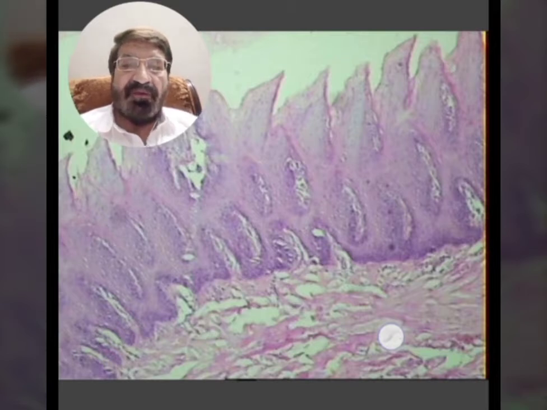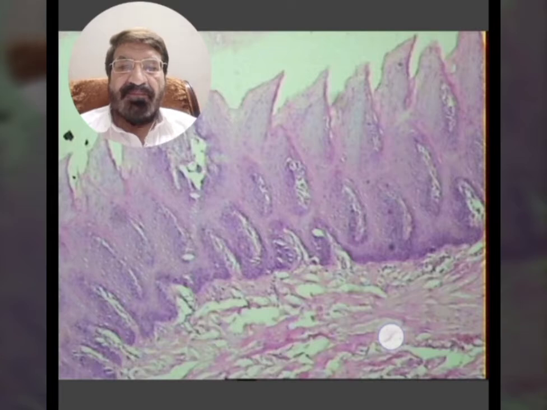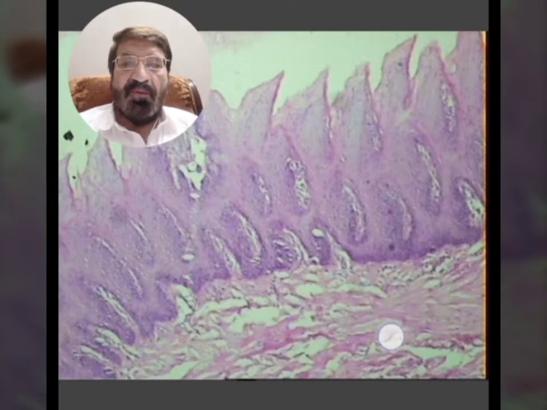Let's start with the microscopy of the gastrointestinal tract. प्रैक्टिकल्स भी हम किया करते थे, अगर आपको याद हो तो लेबोरेटरी में माइक्रोस्कोप्स के नीचे गैस्ट्रोइंटेस्टाइनल ट्रैक्ट की स्लाइड्स